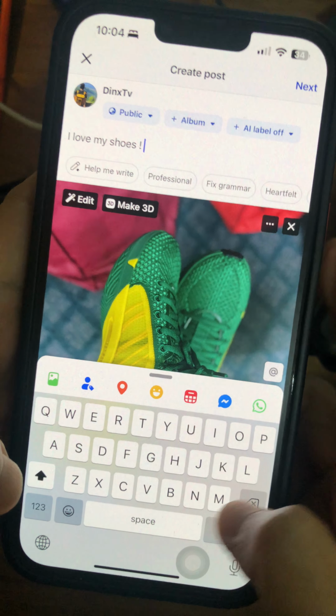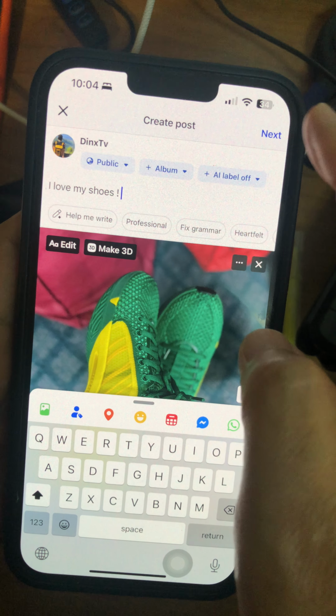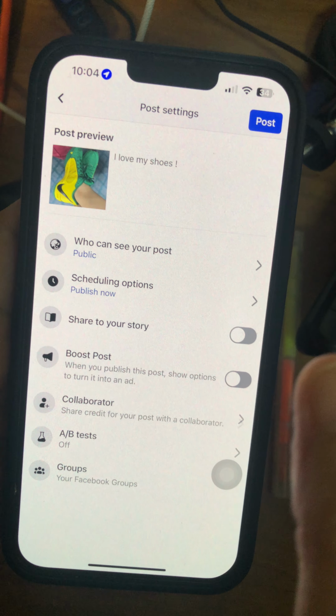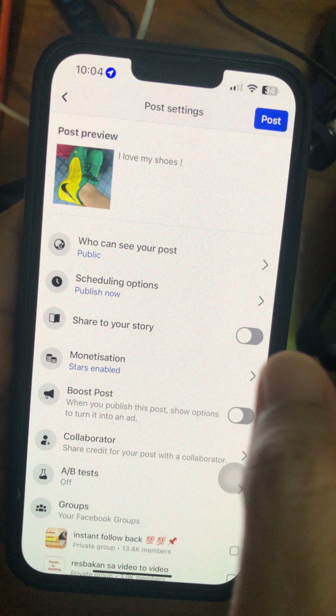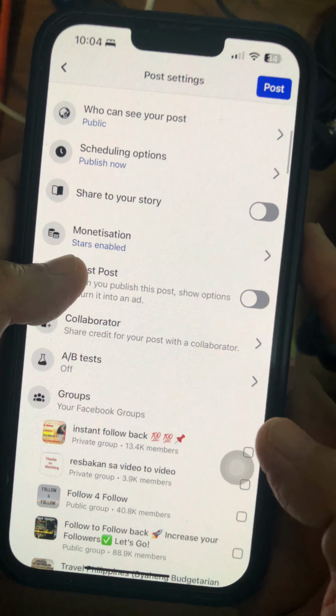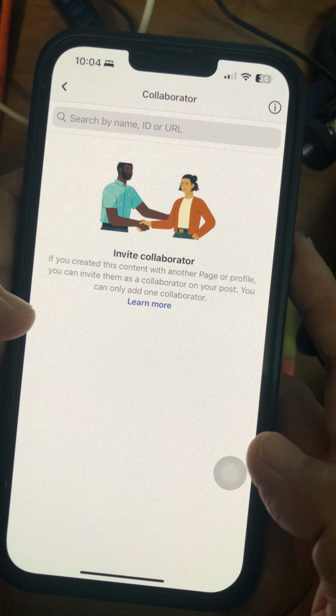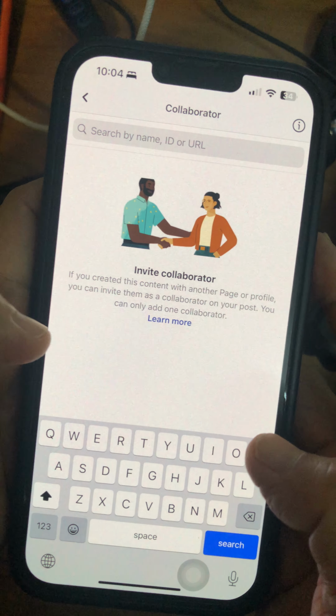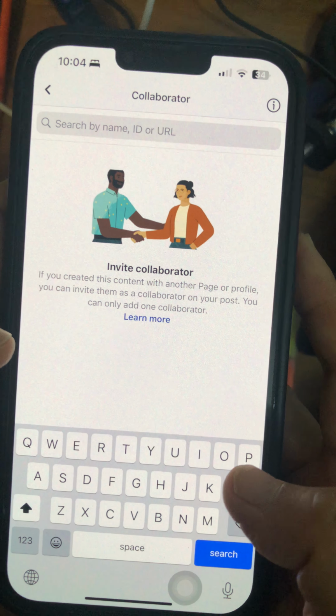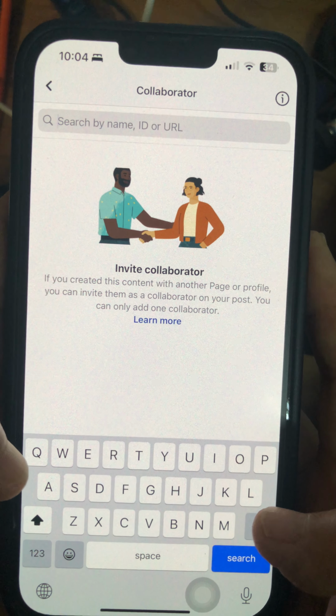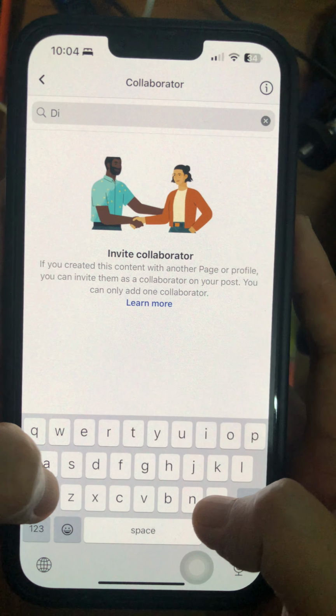Okay, then next, and hold on before you hit on post, scroll down, then you see the collaborator, then search for the pages that you want to collaborate with. For example, I'm gonna just choose my own